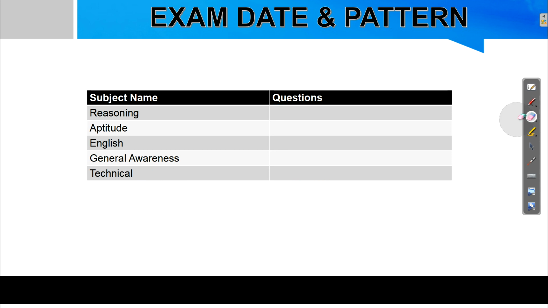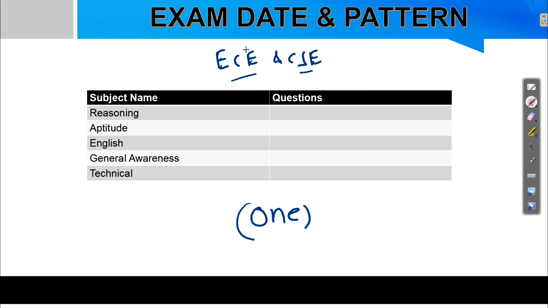Okay, now see, a common question I am getting from you guys. There are two branches, ECE and CAC. So whether a common paper is there for both or a different paper. Your answer for this question is that only one paper will be there for both the branches, whether it is ECE or CAC. Okay, so you need to study only one syllabus, whether you are from ECE or CAC. There is no difference, only one paper is there.